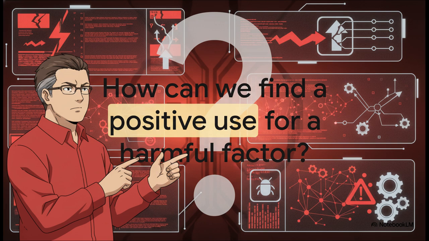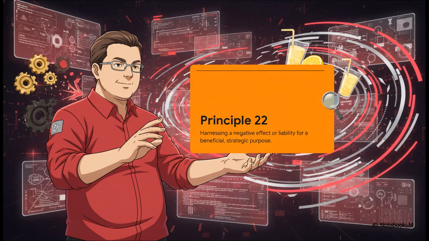Now, this isn't just some philosophical thought experiment. This is a strict engineering mandate. Think about your own data architecture. How can you take the exact thing that is constantly breaking your model and turn it into your absolute most valuable asset? Well, the answer to that big question is TRIZ Principle 22, blessing in disguise,